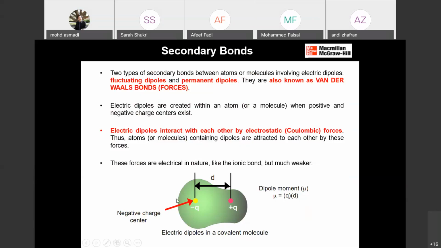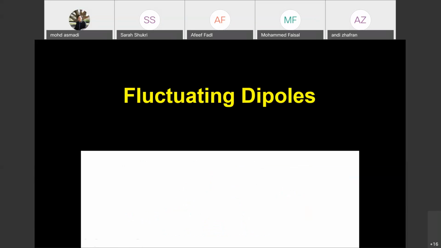If you look at here, on the left side is the negative charge and the right side is the positive charge. And we can calculate the dipole moment. When we calculate the dipole moments, it is either toward the negative charge, the positive charge, or towards the neutral. But generally we will discuss in terms of towards the negative as a no dipole moment.